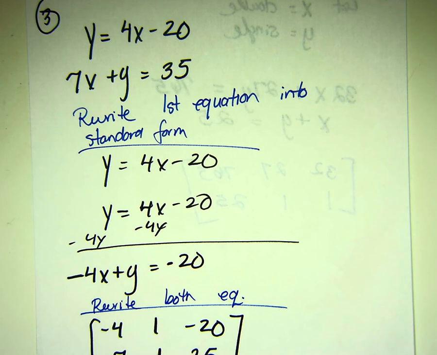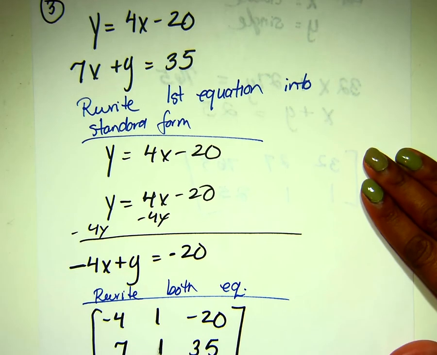Again, two different equations. I'm going to rewrite the first equation to make it look like the second equation, which is in standard form. So I want my x and my y to be on the same side of the equal sign. Once I rewrite it, I'm going to subtract 4x from both sides, giving me negative 4x plus y equals negative 20. Once both of them are in standard form,